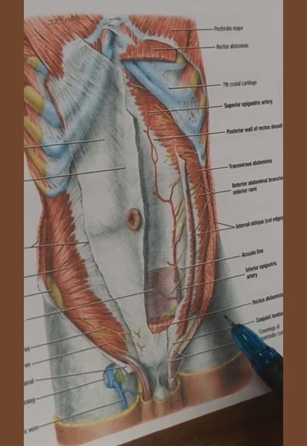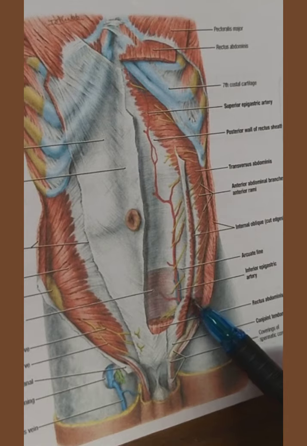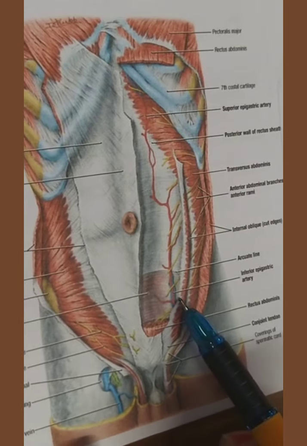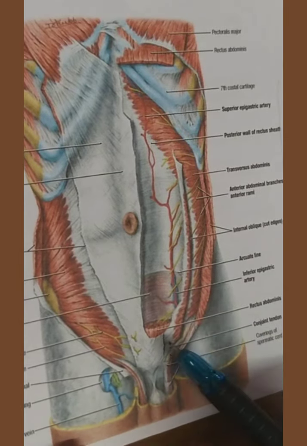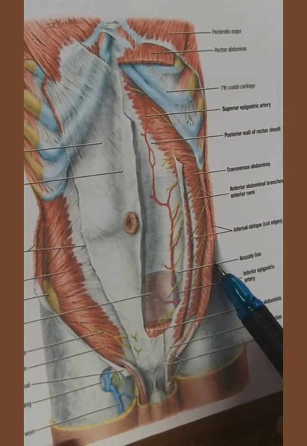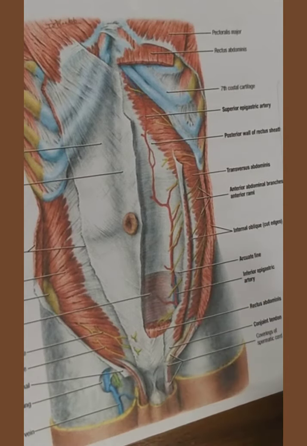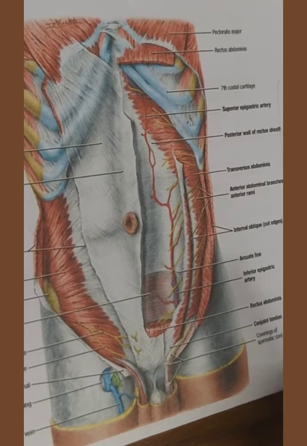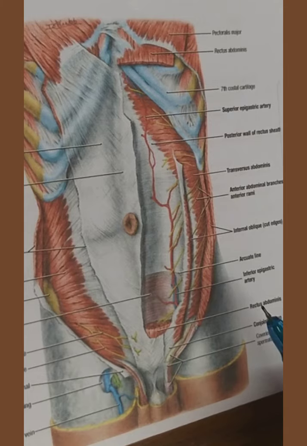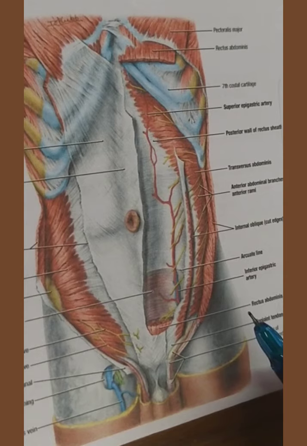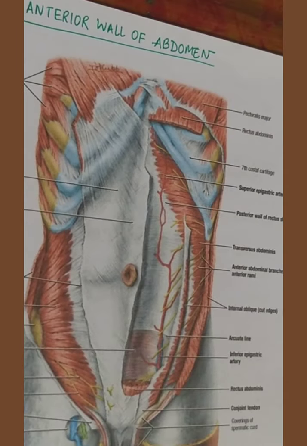Now, the fascia transversalis presents an oval gap here which is known as the deep inguinal ring. The position is 1.25 cm above the mid-inguinal point. From the margin of the deep ring, a tubular prolongation of internal spermatic fascia extends over the spermatic cord and testis.